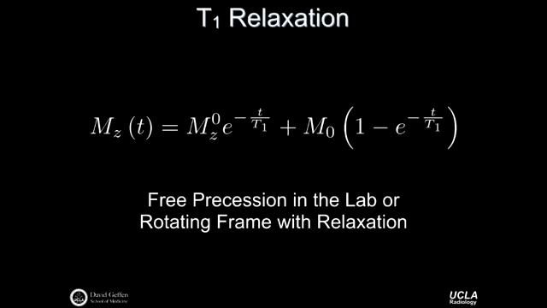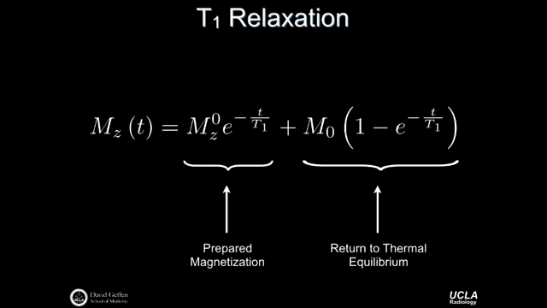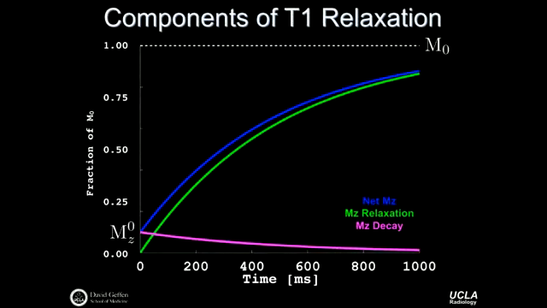This is the expression that we worked through, free precession in the lab frame, or the rotating frame as it turns out, with relaxation. What happens to the Z component is equally described well in the lab frame and the rotating frame. We worked through it just now in the rotating frame because it's the frame that we'll mostly work in for the rest of the class. We know this first term is the so-called prepared magnetization, and we know the second term is the return to thermal equilibrium term. When we look at what happens to the bulk magnetization, let's take the simple example of this initial condition,